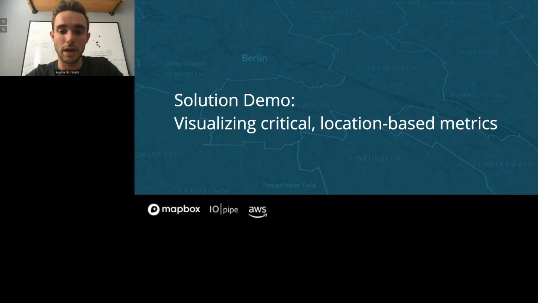Now we're going to show how we're pulling location-based metrics inside of IOPipe. I have a sample application that we spun up together over the last couple of days. It's basically going to get a web request coming into our sample site, converting that IP address into a latitude and longitude to be stored in IOPipe. And then finally, we're going to be displaying that invocation on a map through Mapbox and their fantastic libraries, so we can get a better picture of where our invocations are coming from to help tell a better story about how our apps are being consumed globally.